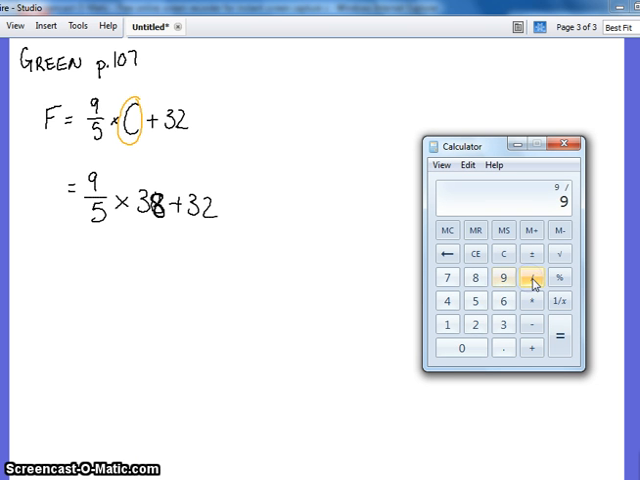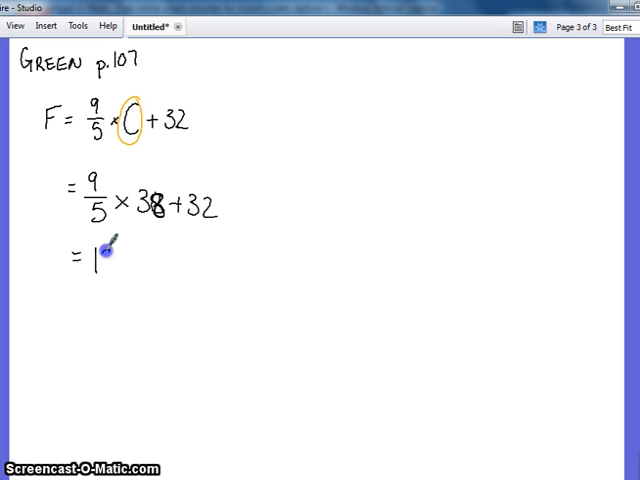It's 9 divided by 5, and that remains constant. So it's always really 1.8 times by the degrees Celsius plus 32. So at 38 degrees, it's around 100.4 degrees Fahrenheit. And then they're asking you, if you make C the subject, so if you grab the formula